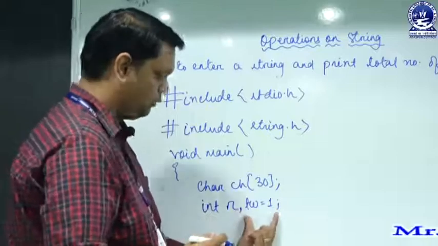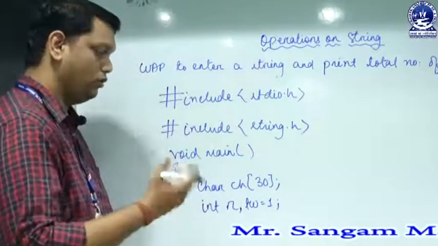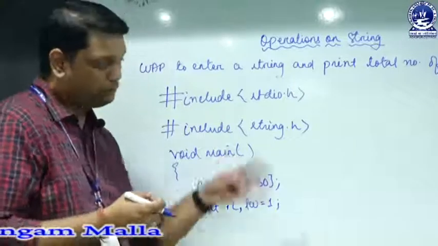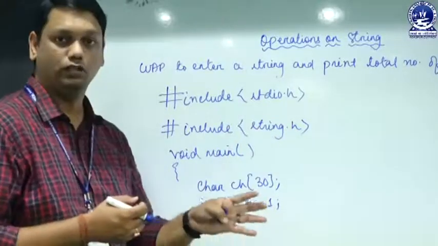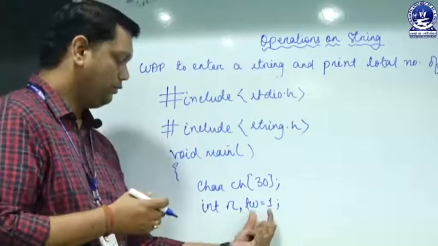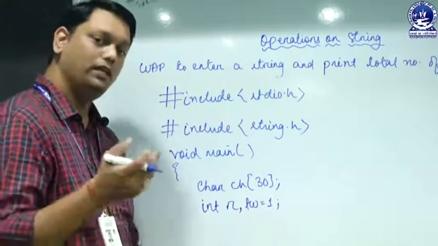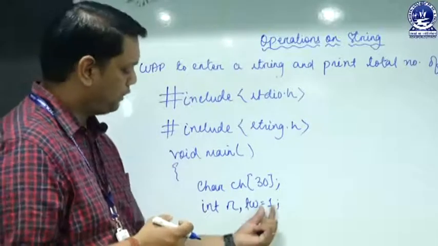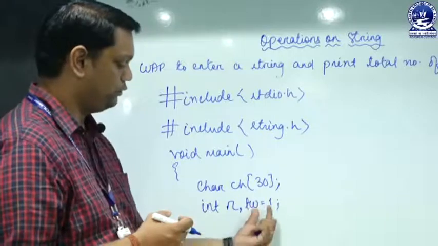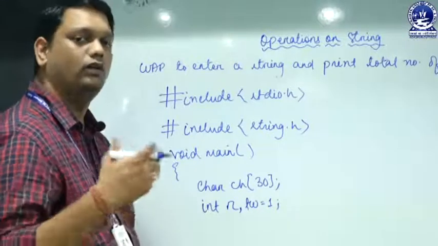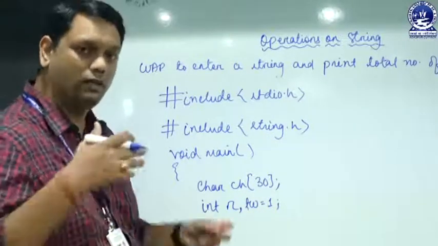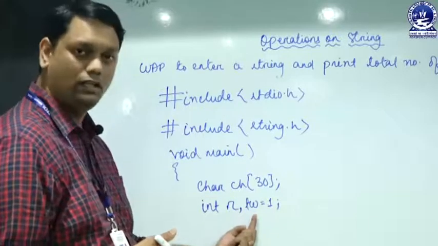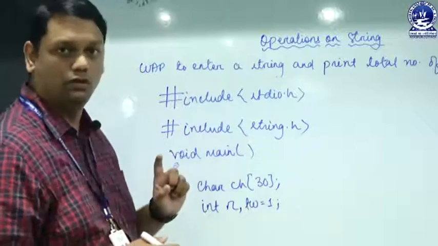Why have I taken 1 over here? Because as per the logic, the number of words is always 1 more than the number of spaces. In this program we will be calculating the number of spaces, and if we take tw equal to 0, then tw will calculate the number of spaces only. So 1 will be incremented as per the loop of the program. Here we have taken 1 in tw in order to calculate the total number of words.